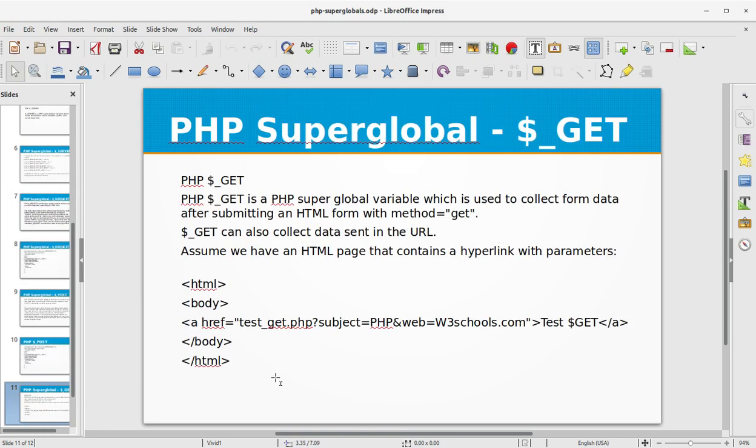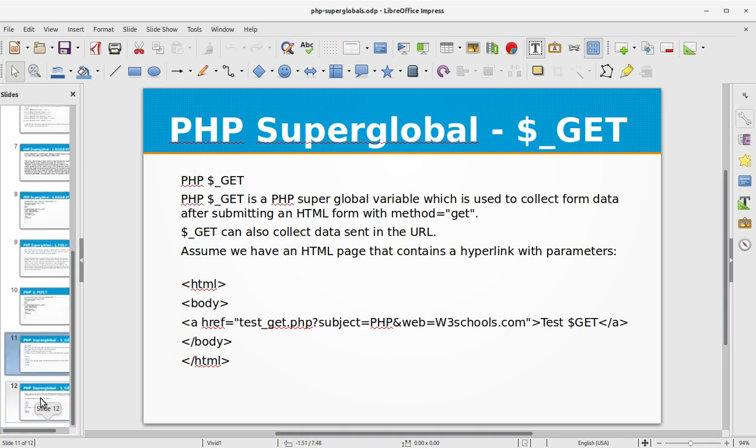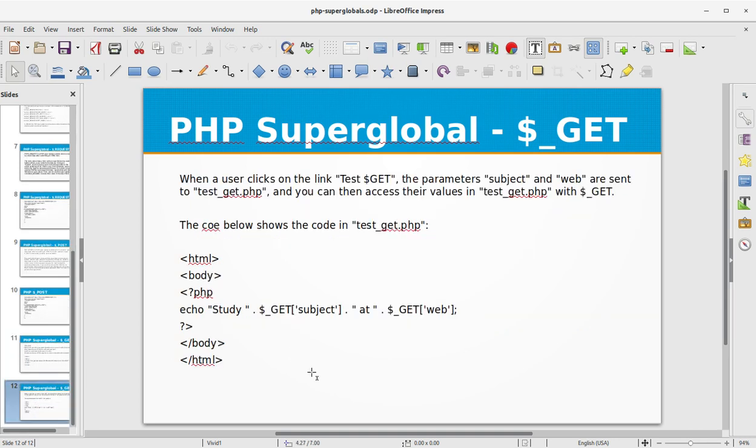Okay, next is the PHP superglobal get. The PHP get is a PHP superglobal variable which is used to collect form data after submitting an HTML form with method get. Get can also collect data sent in the URL. Assume we have an HTML page that contains a hyperlink with parameters, test_get.php?subject=PHP&web=W3Schools, and the text Test GET. When a user clicks on the link Test GET, the parameters subject and web are sent to test_get.php, and you can access their values